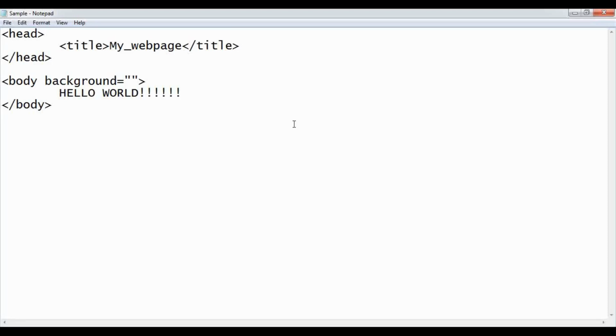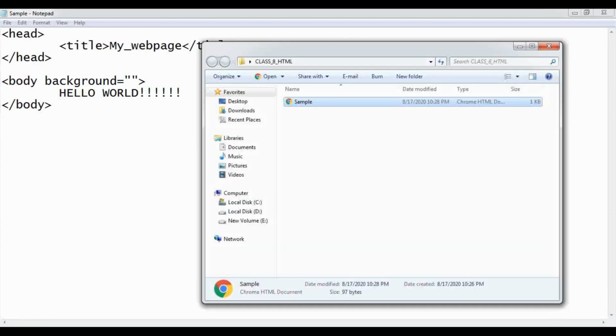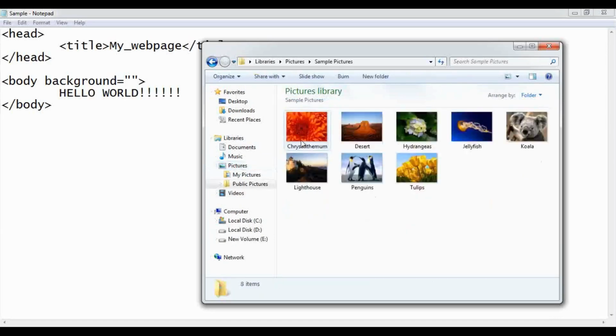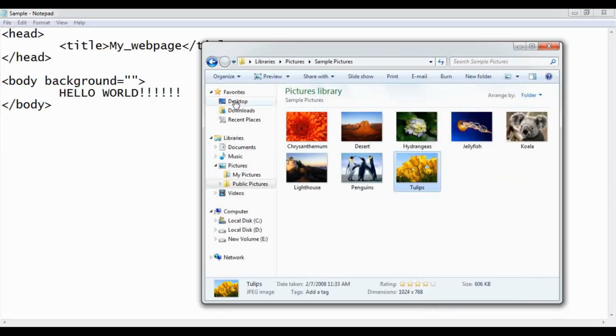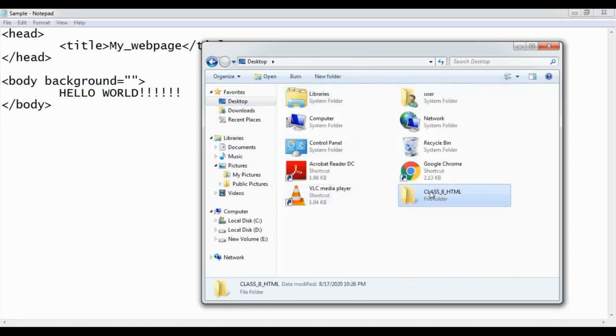As I told you children, all the images which you are going to insert in the web page should be present in the same folder where you have saved this file. So I have saved this file in class 8 HTML folder on desktop. I have to paste my picture in the same folder. So I can go to download and I can take any sample picture, copy it and you can just paste it in your folder.